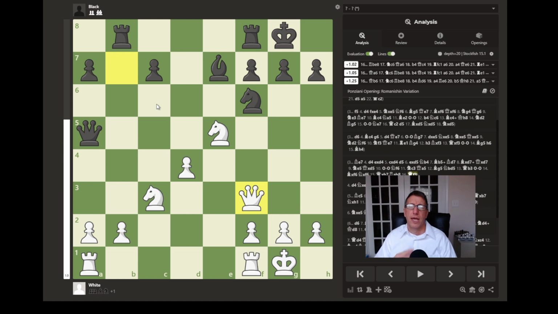So in this variation, it looks like once again white doesn't have many problems, because black started out passively, and it gave white time to just build up his position and attack. And so let's see, if we go back,